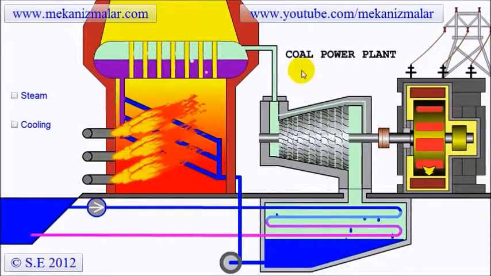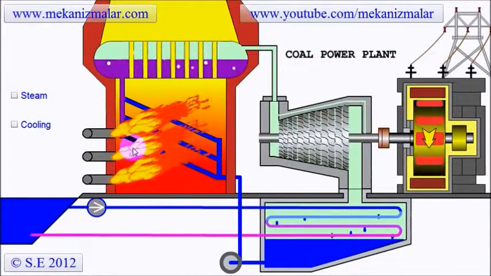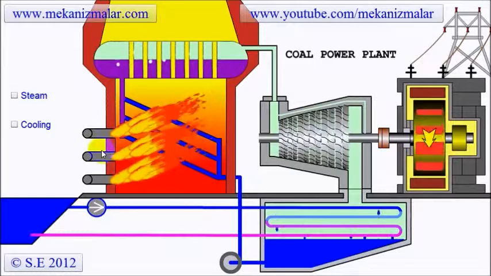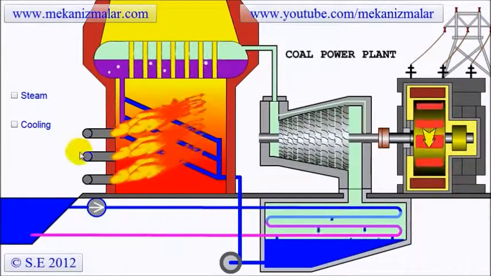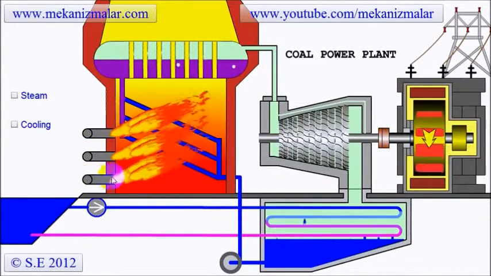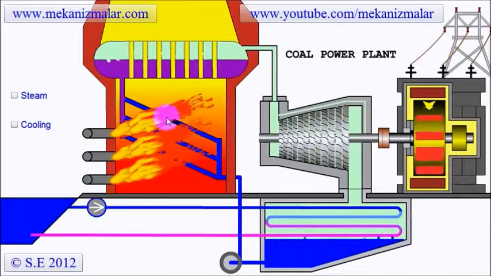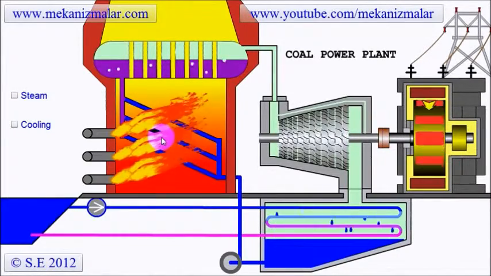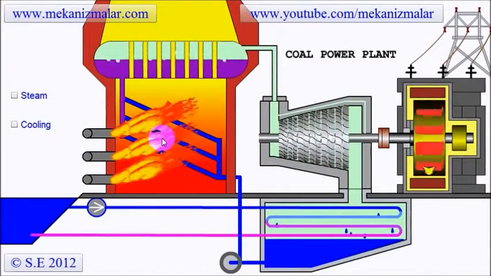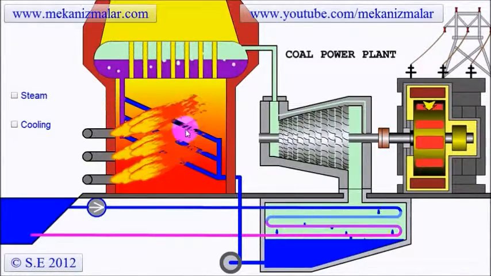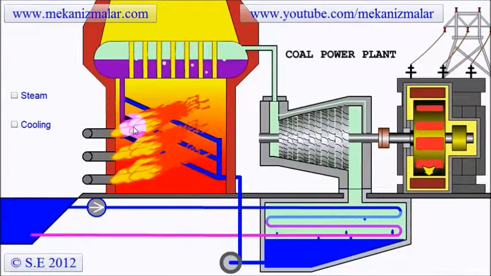Grinding the coal into powder increases its surface area, which helps it to burn faster and hotter, producing as much heat and as little waste as possible. As well as heat, burning coal produces ash and exhaust gases. The ash falls to the bottom of the boiler and is removed by the ash system. It is usually then sold to the building industry and used as an ingredient in various building materials like concrete.